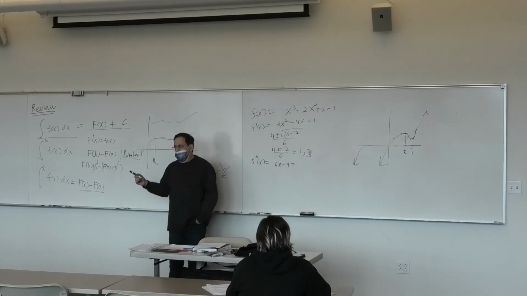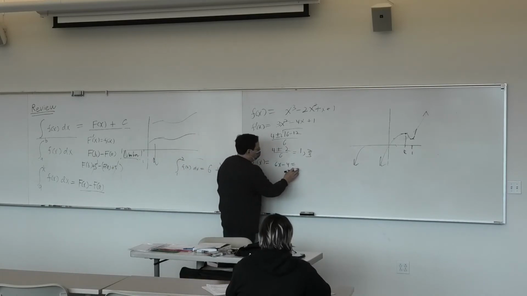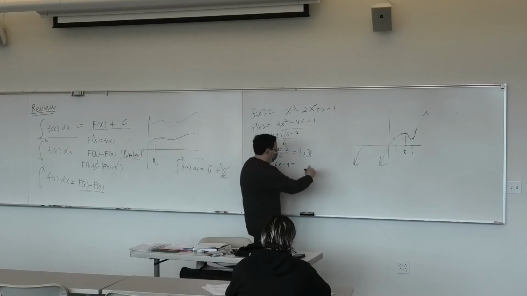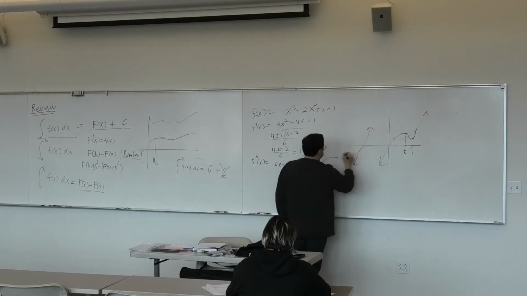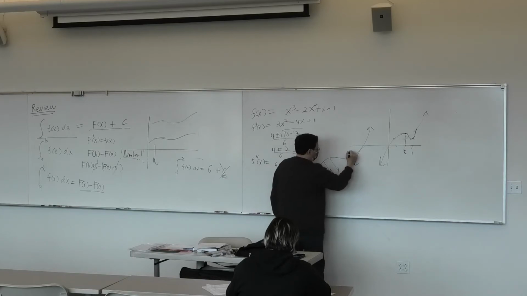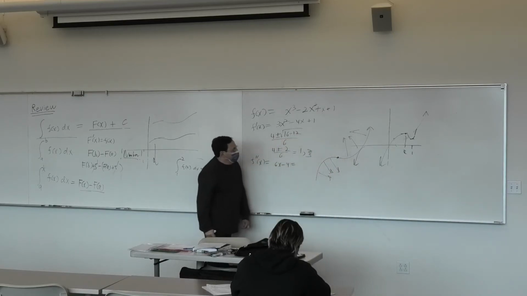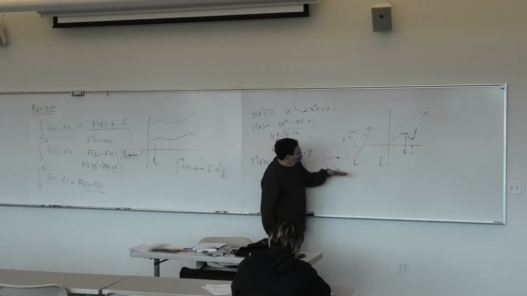Well, we could get the computer up and running and graph it, but nevertheless, this is a point of inflection where the second derivative is 0. It's a point where the function goes from concave one way to concave another way. Right? Here it changes not its direction, but direction of the curvature.